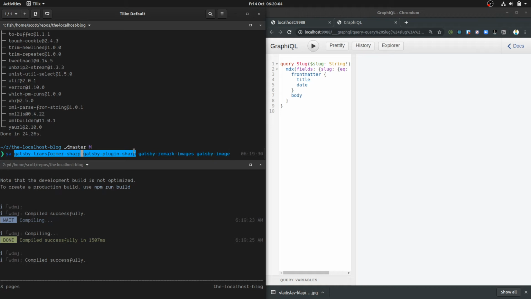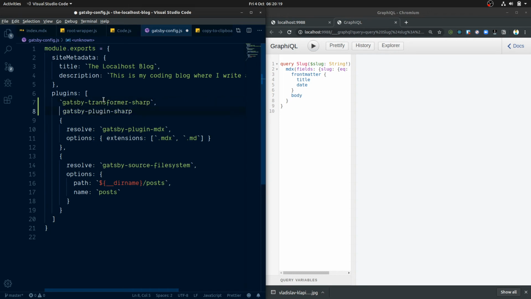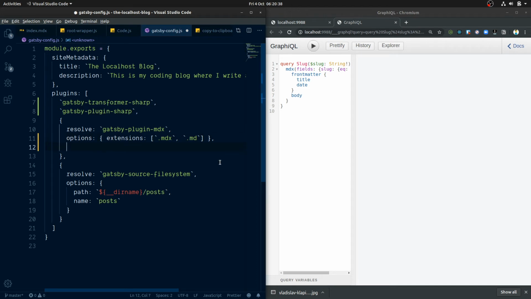Copy those in my terminal, Tilix. So I do Shift Control C and Shift Control V to copy paste in the terminal, but just Control C and Control V in my text editor here, which is VS Code. And there's my backticks. That's the first two, but we're going to need to configure Gatsby Remark image within Gatsby plugin MDX, and that is done with something called Gatsby Remark plugins,